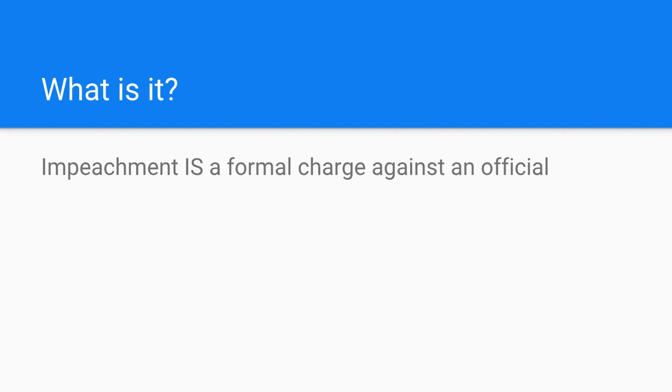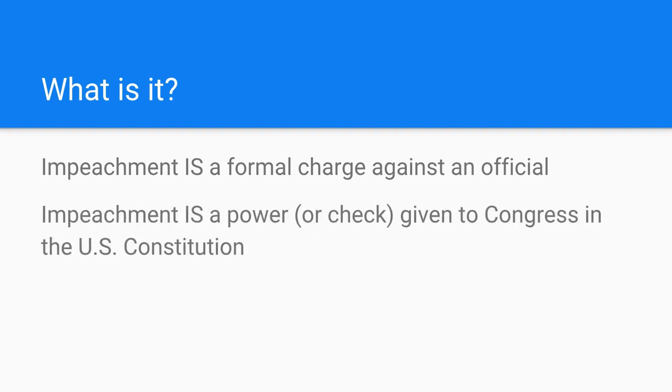So think of impeachment almost like being charged with a crime. It is not the actual trial itself. Impeachment is just, well, we'll say it's the House of Representatives because that's where it starts. It is the House of Representatives saying, we believe you have done these things that are wrong and that qualify for impeachment. Impeachment is a power or a check, if we think about checks and balances, given to Congress, and